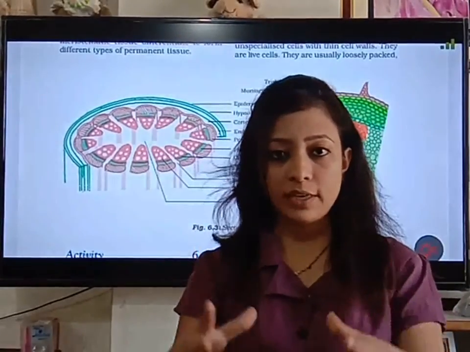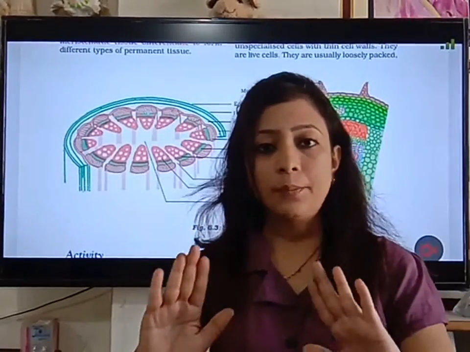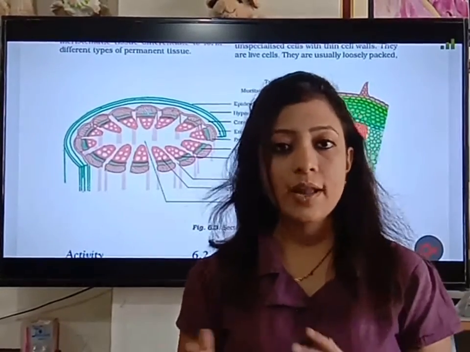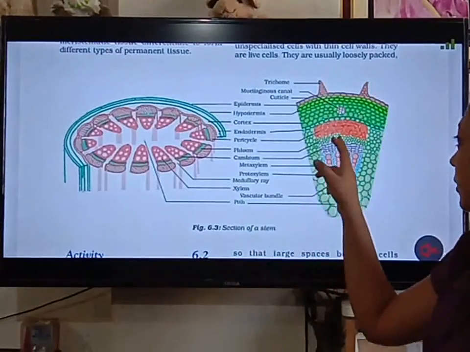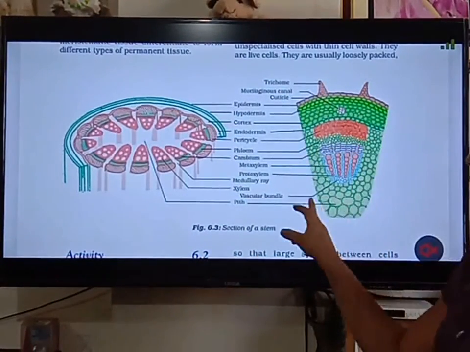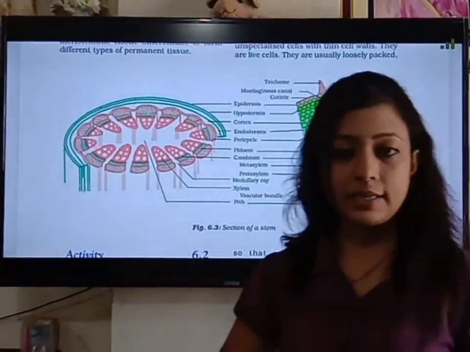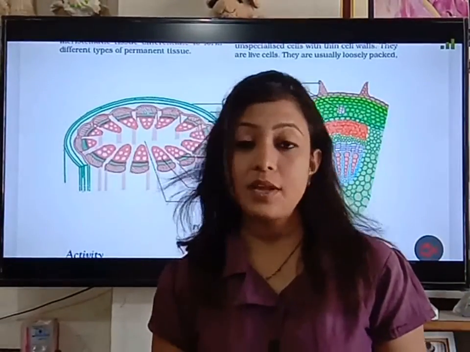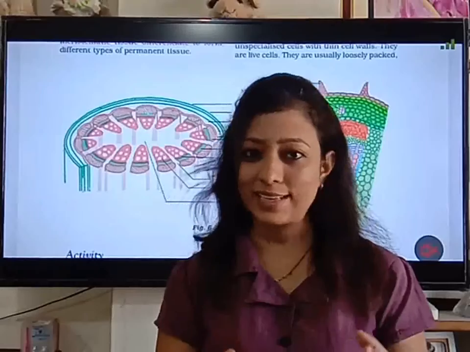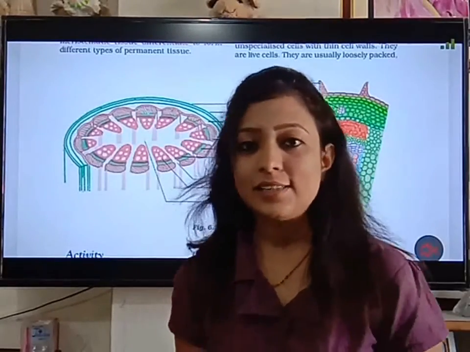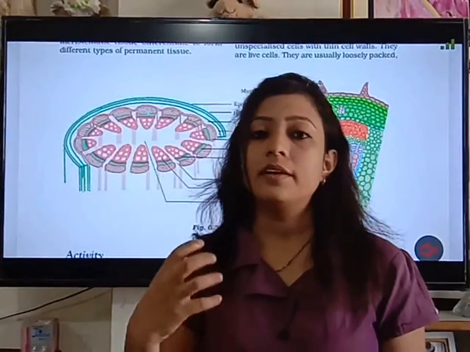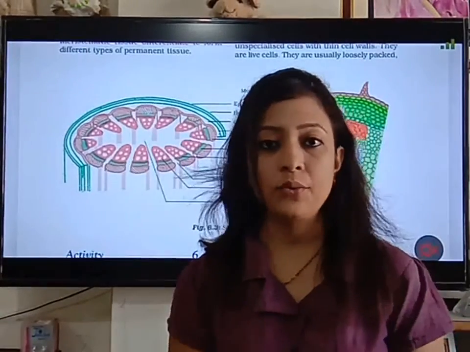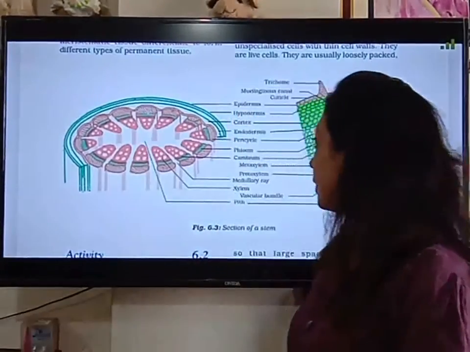and children, this pericycle contains dead tissues. So especially what is their role? Their role is supportive in nature, and they also help in the transportation of material. Now here you can see, children, the red part shown in this diagram contains the dead cells, and wherever the green part is shown, that contains the living cells. So this pericycle contains, children, the sclerenchymatous tissue, which is dead tissue, and their role is supportive in nature.